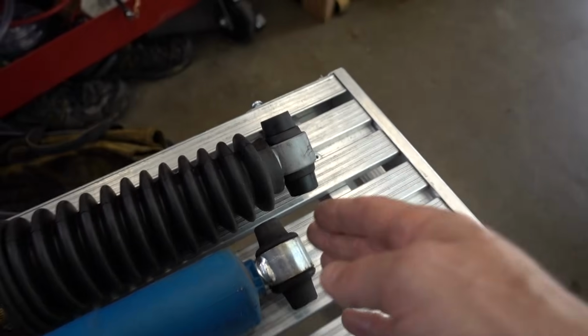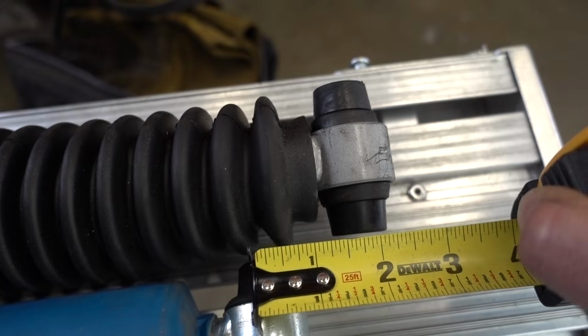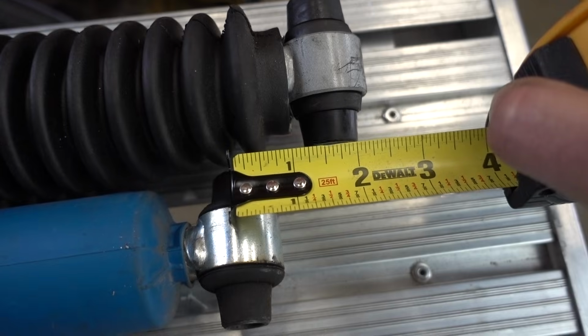the Rough Country is probably, I don't know, 1.5 to 2 inches longer. And so therein lies my curiosity. The Rough Country shock is 2 inches longer than the Bilstein. Not only that, but we do have a shock extension that I believe raises it another 2 inches, if not 3. Is that okay for the shock in its resting position with the vehicle weight on it to be halfway